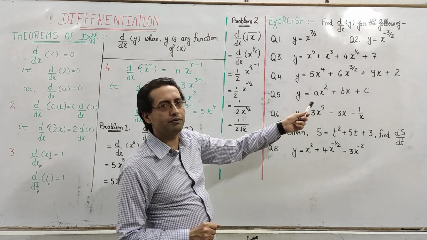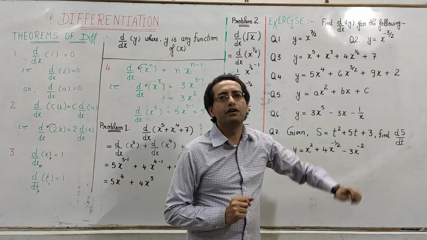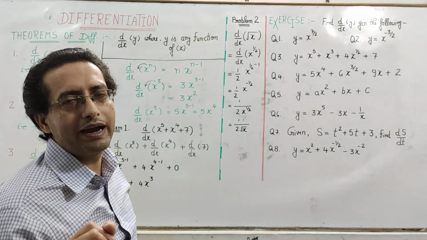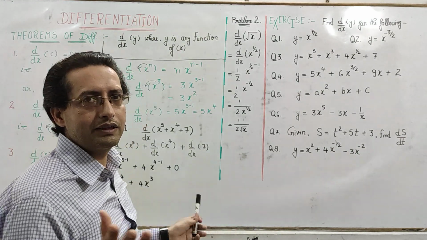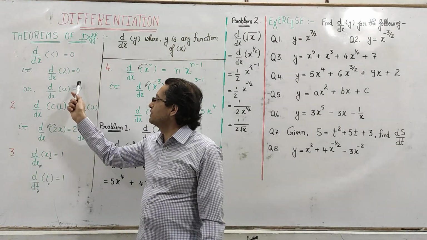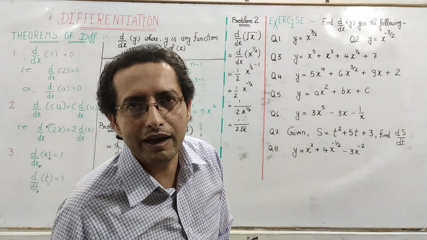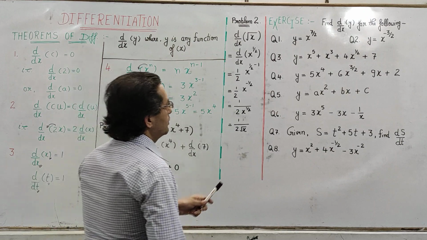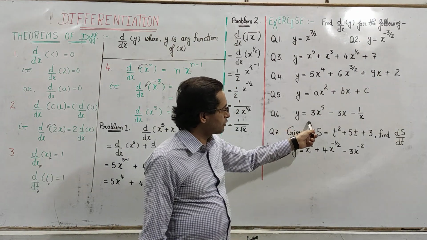Here one thing you have to remember while solving, that a, b and c we have to treat as constant values, and when constant values are solved separately, either they will become 0, or if they are in the form of a multiple, then they have to be brought in at the very beginning. So it can also be solved here. Similar is question number 6.